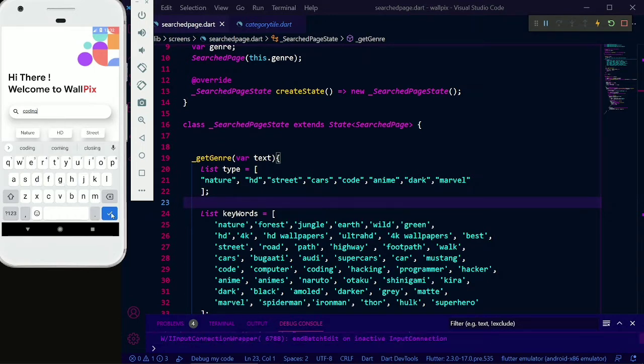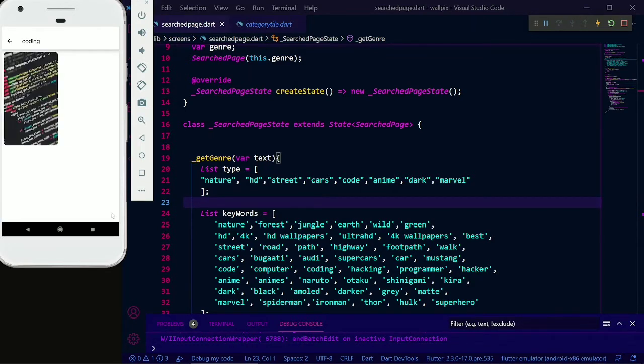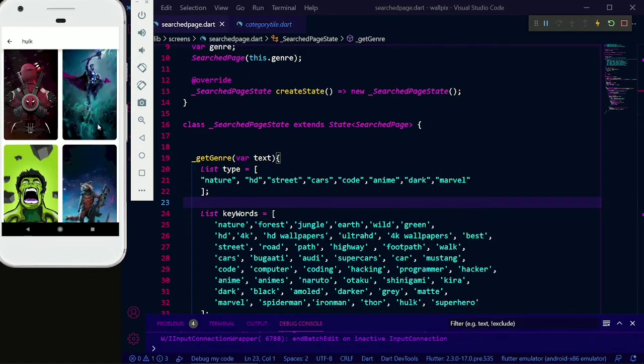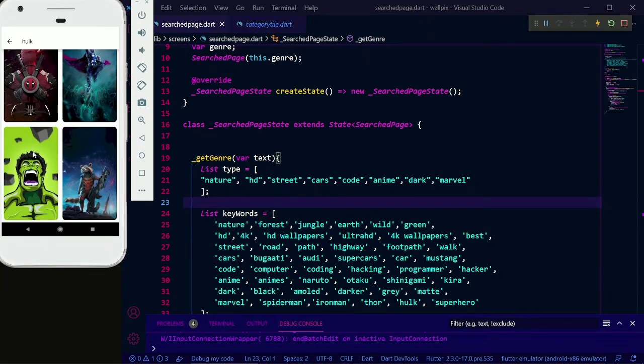There you go, we got our coding here. And let's do that again, and this time we will search Hulk. It will trigger Marvel. So we got our Marvel value.